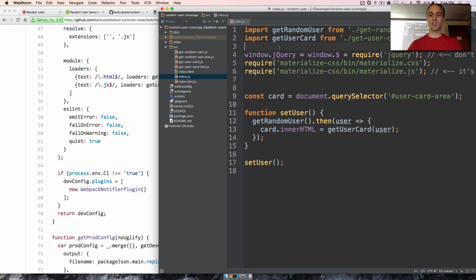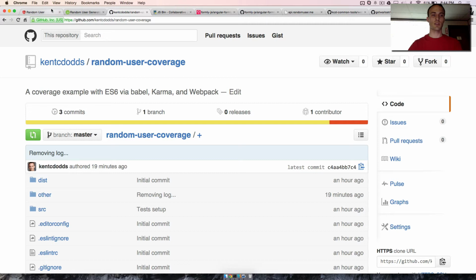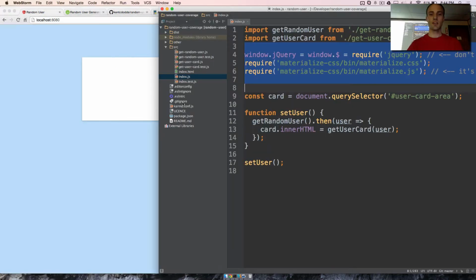So shield your eyes from this, because Materialize is doing things kind of wonky. I shouldn't have even brought in Materialize, because heck, how hard is this? So anyway,